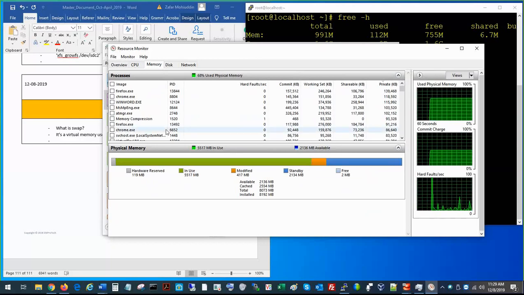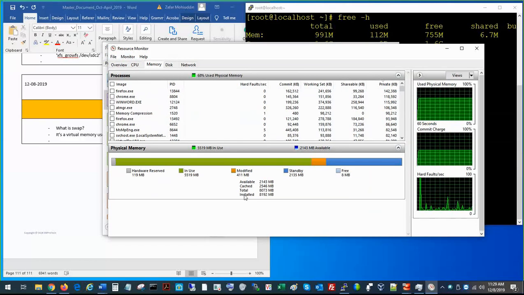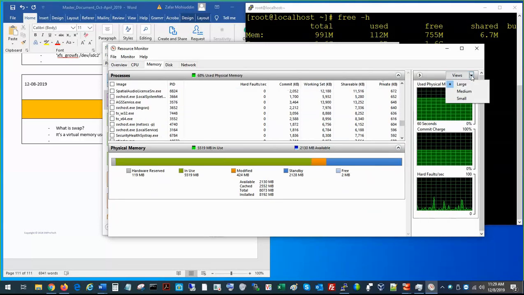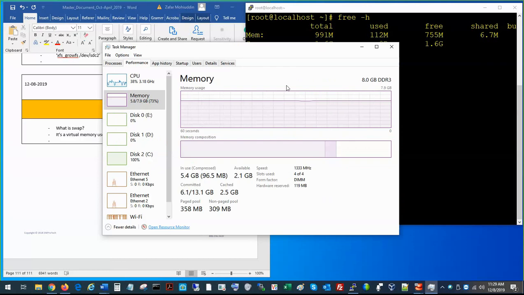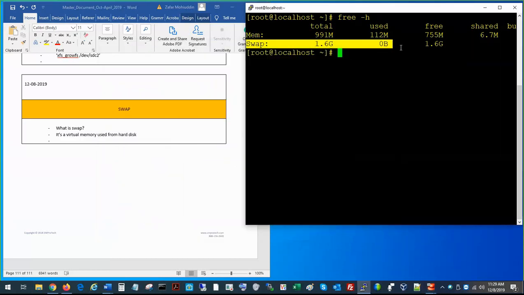Okay, let's see here. Hardware reserved, physical, standby, cached, available, physical memory. Okay, I don't know much about how Windows handles the swap memory or the virtual memory, but